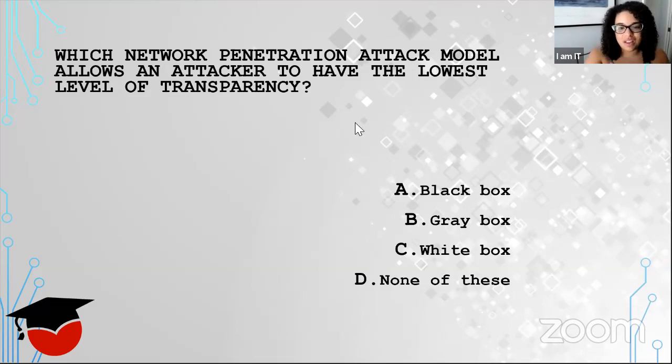All right, so the lowest level of transparency is going to be a black box attack model, meaning that they don't have any data on their target until they go out and start foraging for the data or creating the data and researching it. The opposite of that would be a white box penetration level or amount of knowledge,